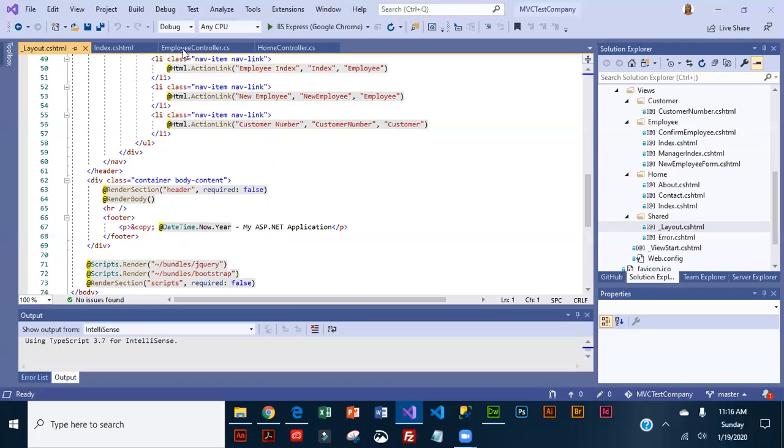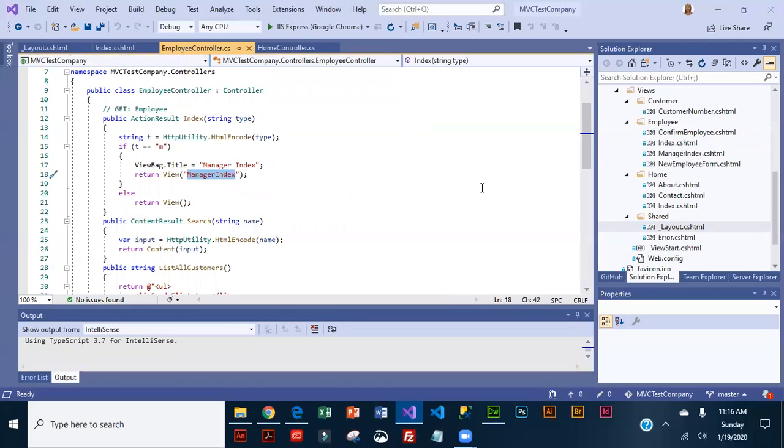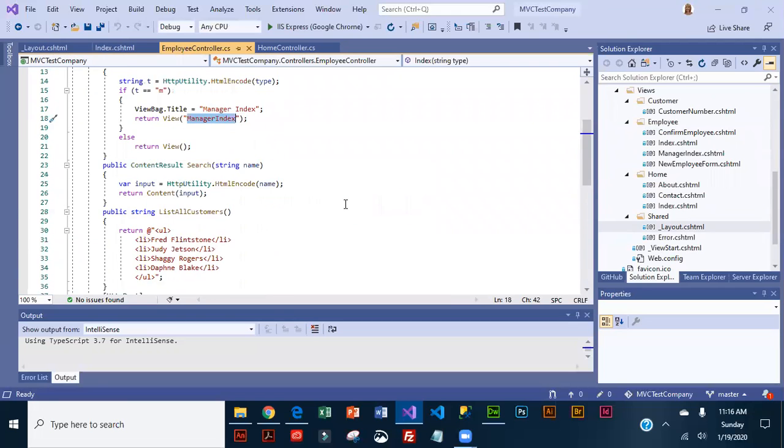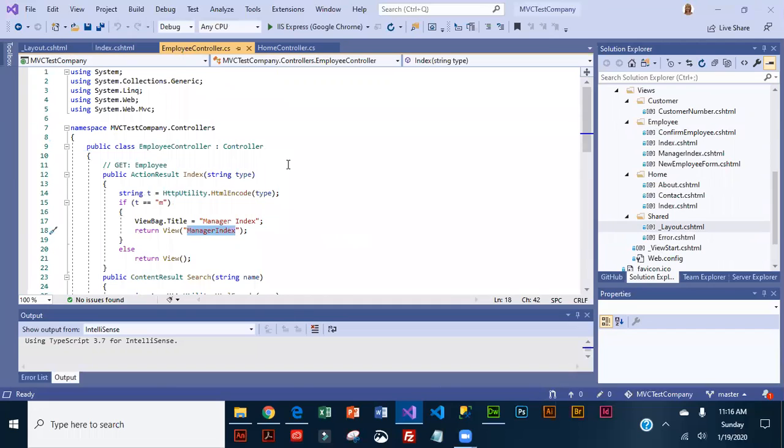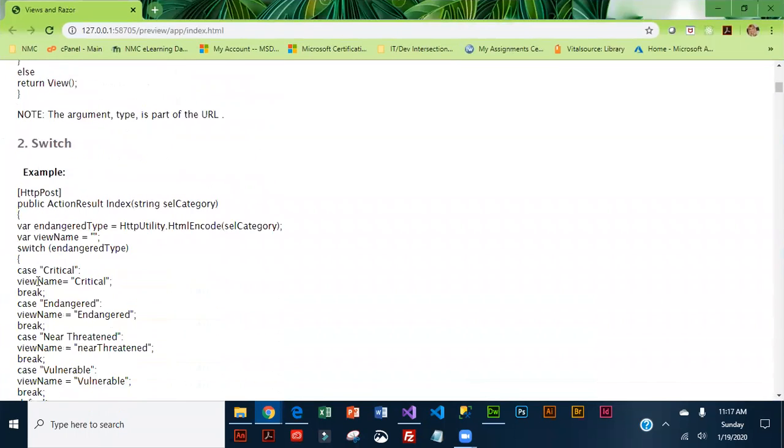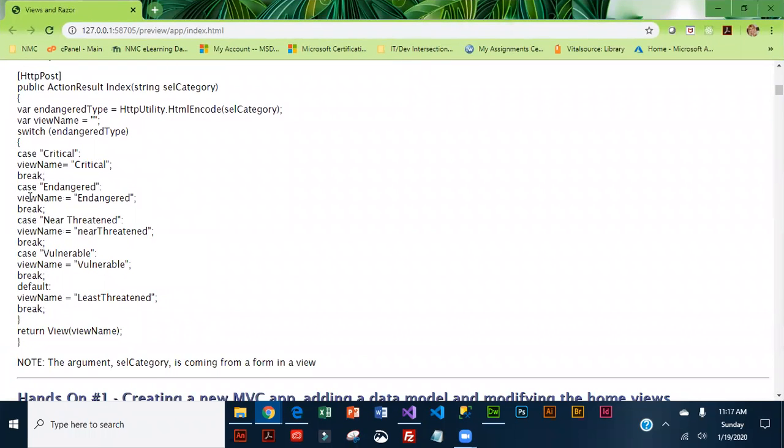In our controllers, we can use different selection structures to route to different views. So here's an if-else statement. And we can also use switches and other types of selection. And I'm going to quickly pull over here. So here's the if-else example, and then here's an example of a switch, okay, where the user's actually selected something